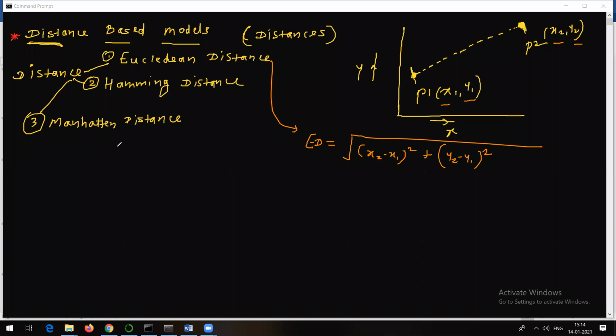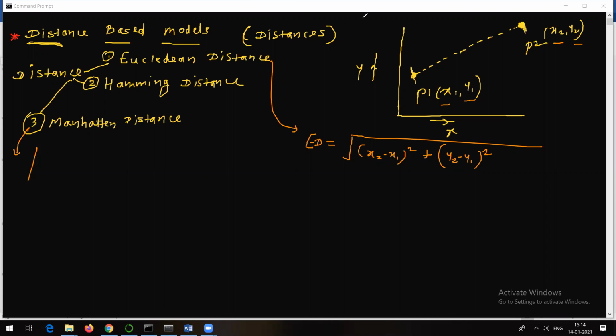Now talking about Manhattan distance. Suppose there are 2 points, right? How to calculate the distance between them? It is something like this.